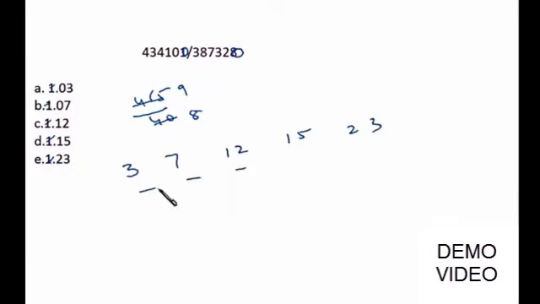These options are quite far from each other, 3, 7, 12, 15, 23, quite far from each other, right? Because we have already calculated 1, now we have a scope of approximation. Now what I do, if you divide any number by another number, for the first time you divide, as we have divided. For the second time, you find the difference between these two, right?